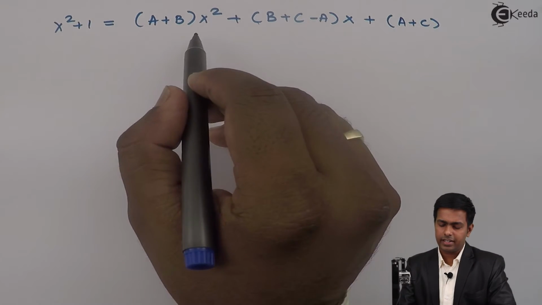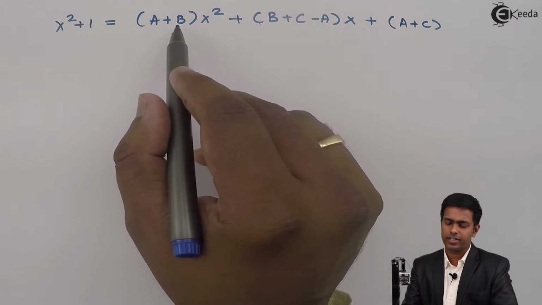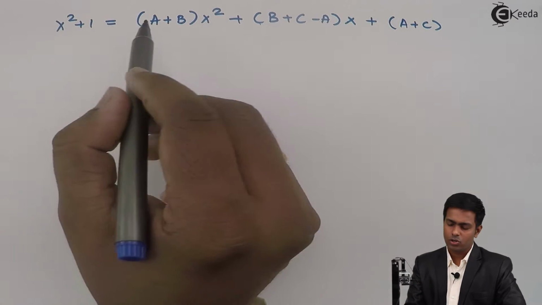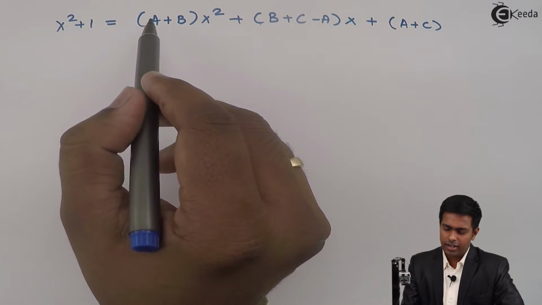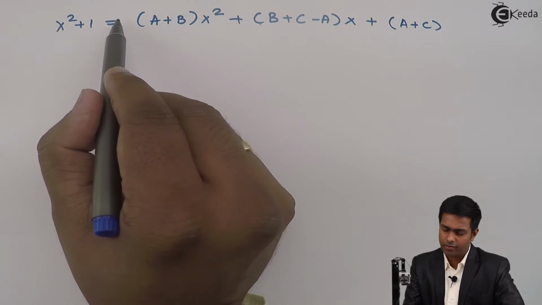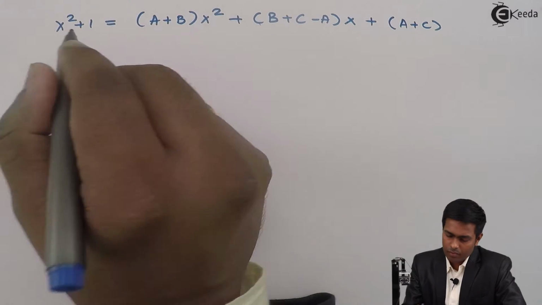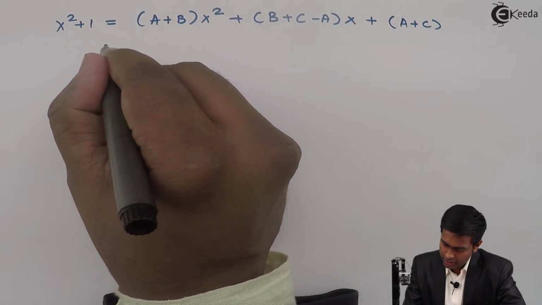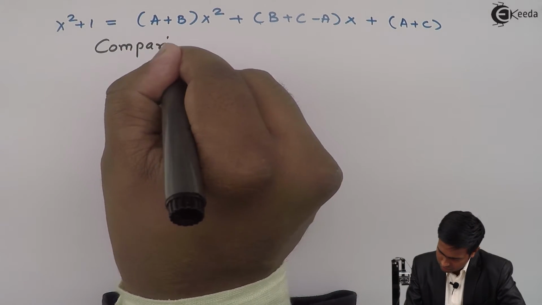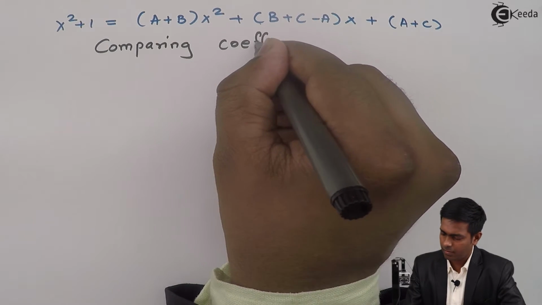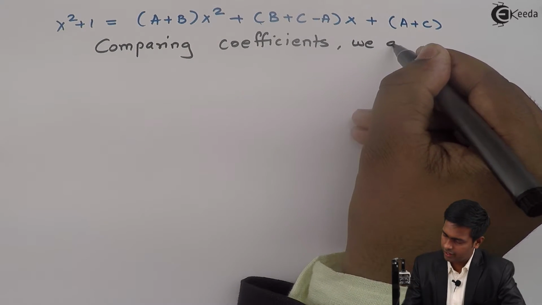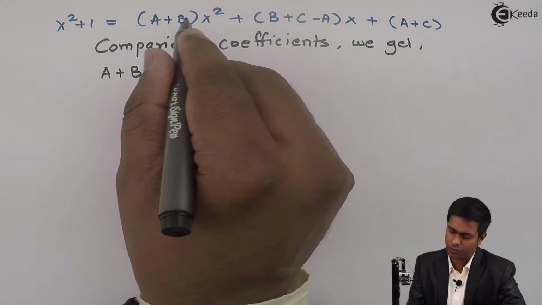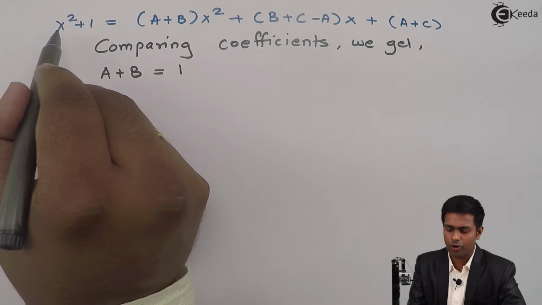So if you observe the right hand side, the coefficient of x square is a plus b, and on the left hand side the coefficient of x square is 1. So we can say that a plus b is equal to 1, since we have the equal sign in between. So here, comparing the coefficients, we get a plus b, that is coefficient of x square, is equal to 1, which is coefficient of x square on